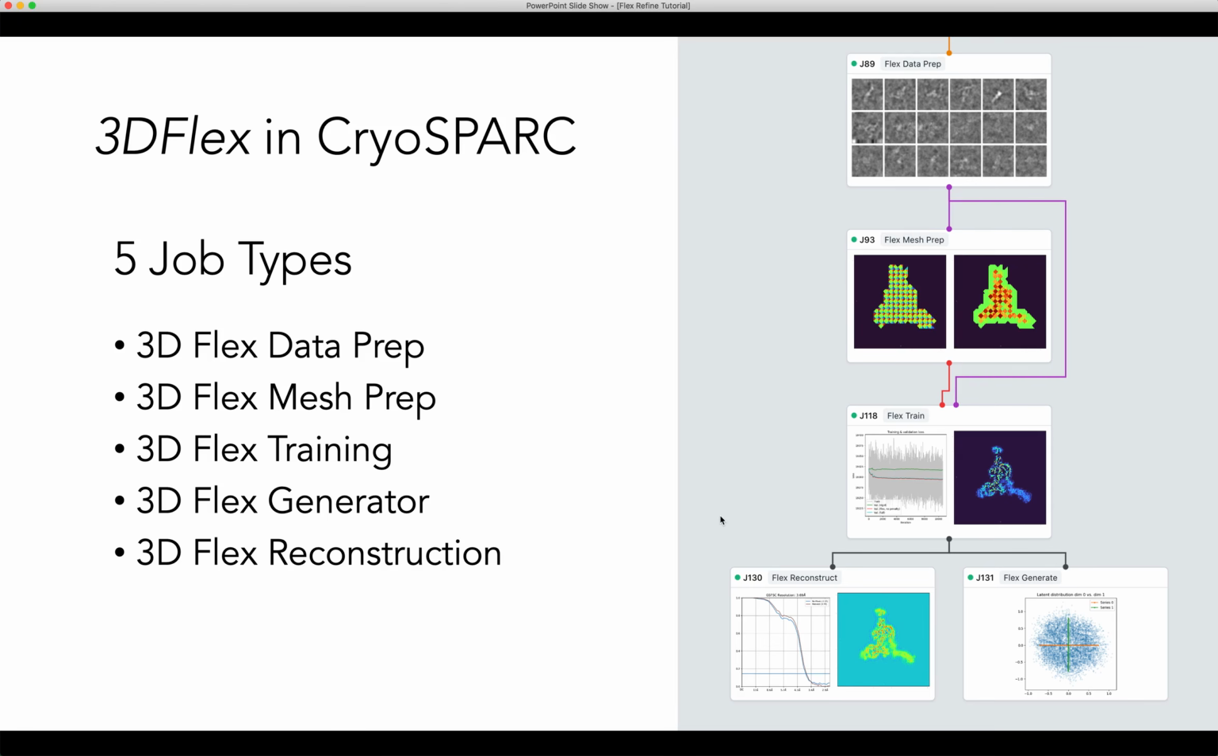3D Flex is also still in beta within CryoSPARC, so we do expect some of this workflow, parameters, etc. to change over time as we continue improving the method, and we may also consolidate some of these jobs or create new ones to make it easier to inspect results. So I'll just walk through the 5 different job types in order first, and then we'll dive into each one